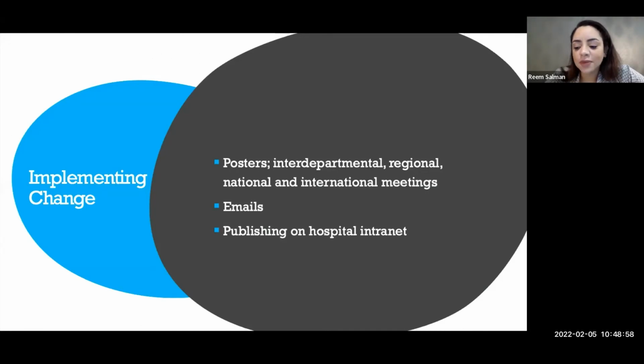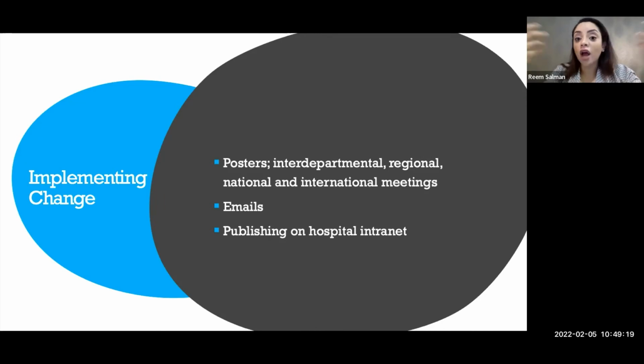Some of you will ask me, how am I going to implement change? Okay, you presented the audit and then you said, well, we have this problem, we have this concern, the clinical practice is not up to standard in this certain area. Now, we need something to be done to raise awareness of doctors, to raise awareness of, let's say, nurses on this problem, and we want them to comply with this guidance.